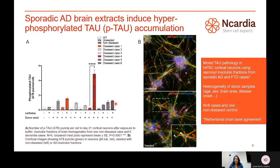As you can see, amongst all the samples we tested, we found that disease case number 4, which is an Alzheimer's disease case, induced a 4 to 5-fold increase in the number of phospho-tau positive cells, whereas other cases induce a less pronounced phenotype. The phenotype can be observed here, and you can appreciate the difference between the unseeded neurons here on the top and the seeded neurons here, where you can see